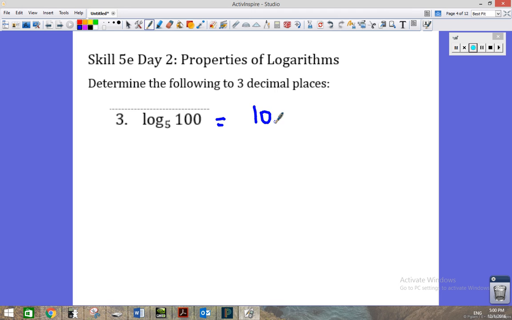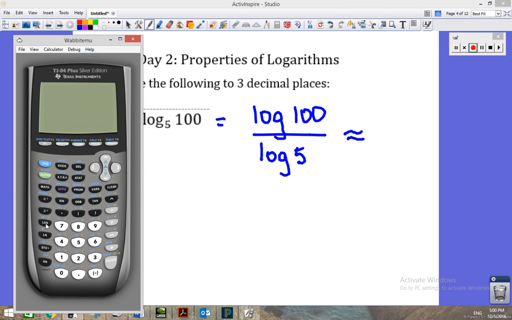So here I have a common log of 100. Now I don't even need a calculator to figure that out. This is 2 because this logarithm is an exponent. The base 10 is implied. 10 to what power is 100? I know that that number is 2. Now I do not know what the common log of 5 is. So if I have the log of 100, which I know is 2, divided by the log of 5,